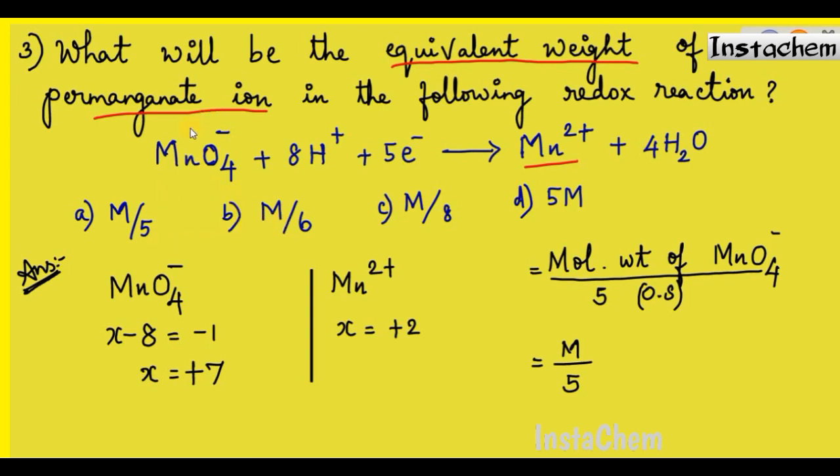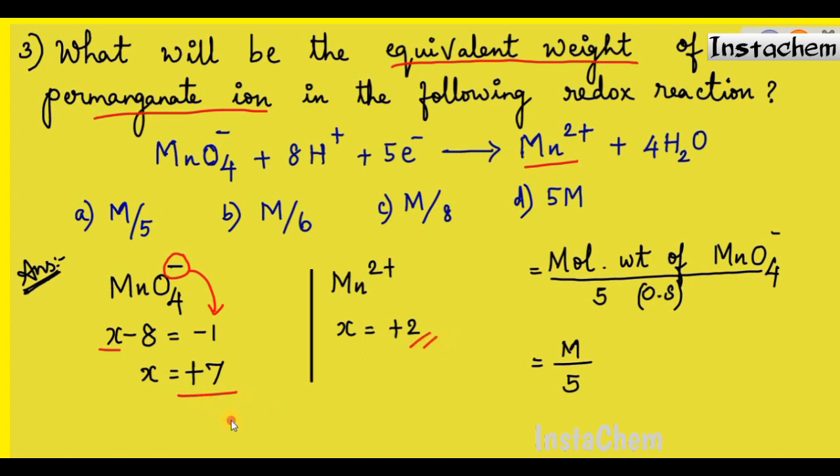Let's check. We know the oxidation number of manganese in potassium permanganate is +7. Let's check that also. Mn, let's take X. For each oxygen -2, so 4 times 2 is 8. That is equal to, what is the charge on this MnO4? You write it here on the right side, equal to -1. So what is the answer? +7. That is the oxidation number of manganese in MnO4 minus. And on the right-hand side Mn2 plus, so it is understood the oxidation number is +2.